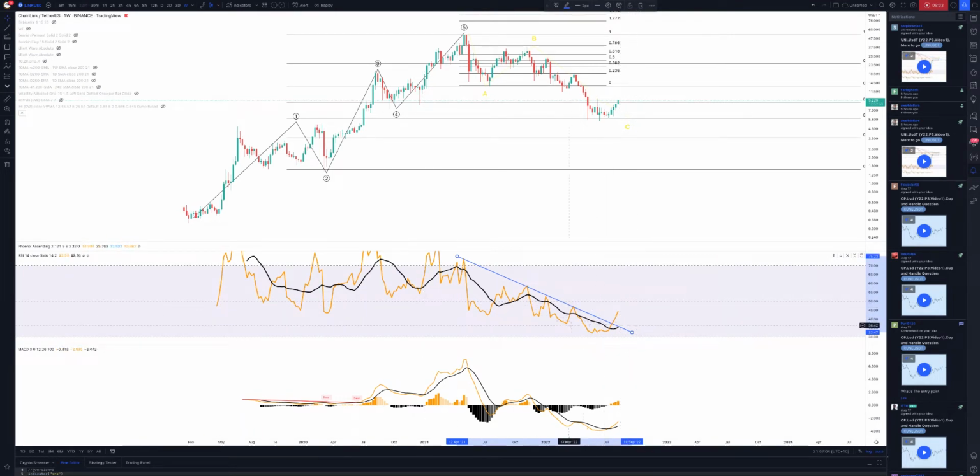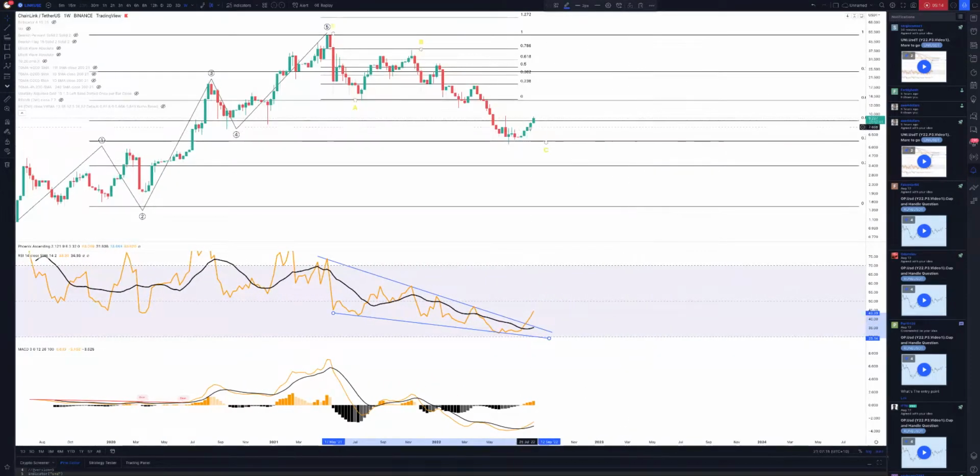That's okay. And you can probably argue it's a wedge. It's bullish divergence, and so the weekly is looking good. Today is the last, I think, 12 hours, and then the week pretty much closes.